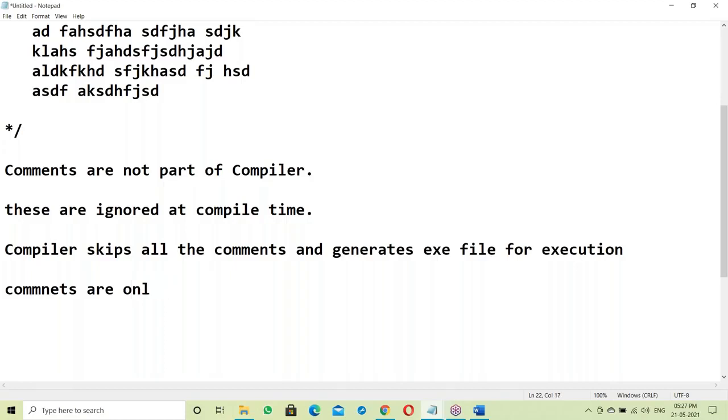Comments are only part of your source program file. Source code means your C program.